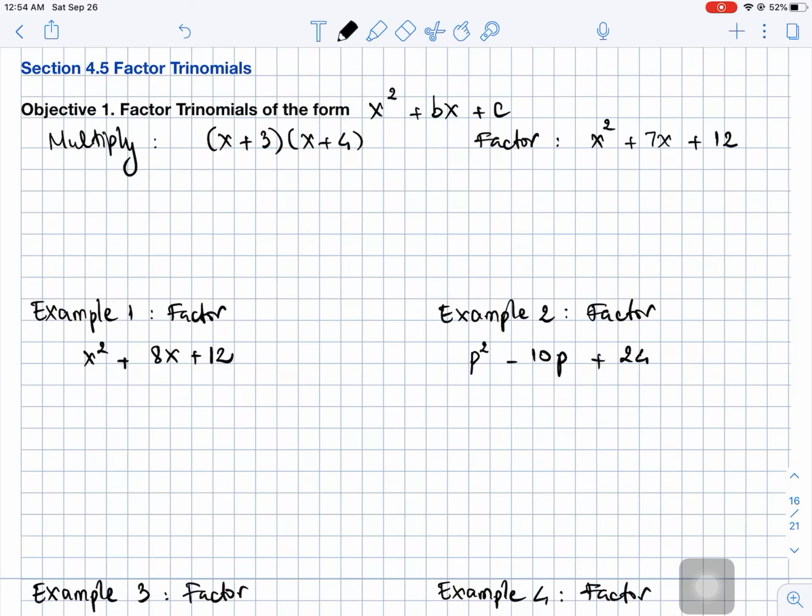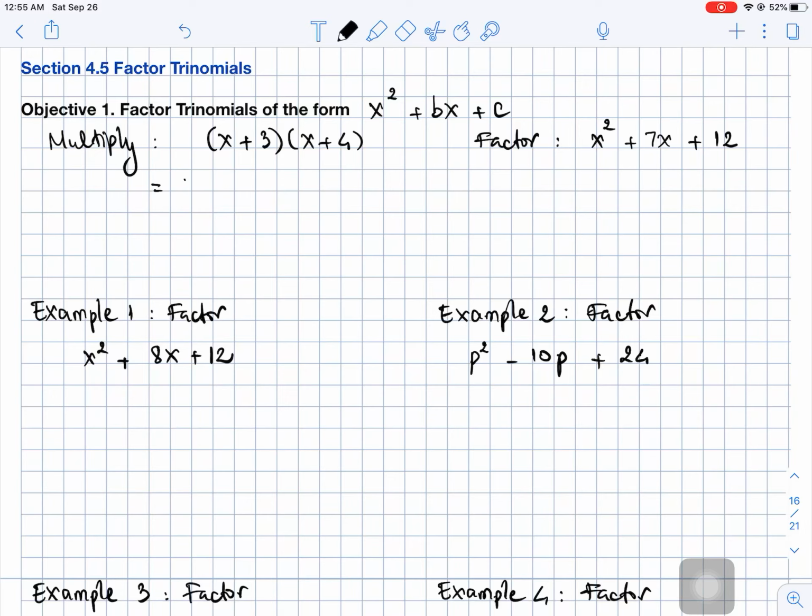Section 4.5 Factor Trinomials. Objective 1. Factor trinomials of the form x squared plus bx plus c. First of all, we'll look at the example: x plus 3 and x plus 4 multiplied